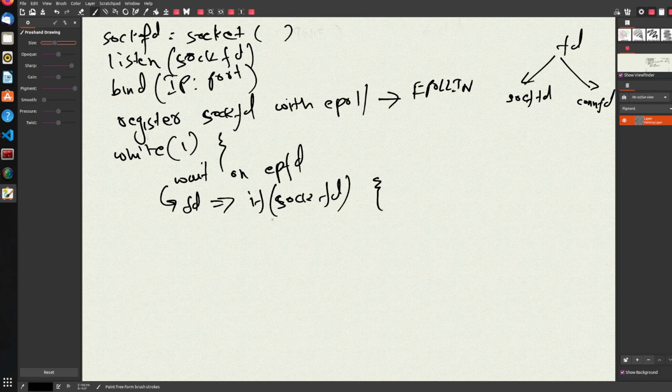If Epoll returns us this socket FD, it pretty much means that there is a new connection waiting for us to be accepted on this socket FD. So we will simply do conFD equal to accept, and pass this socket FD, basically our server socket FD. Right, now we have a connection FD on which new data might come. The client would want to send some data, the HTTP request. So rather than doing a read call immediately on the conFD and then the write in that classic way, what we would do here is instead register